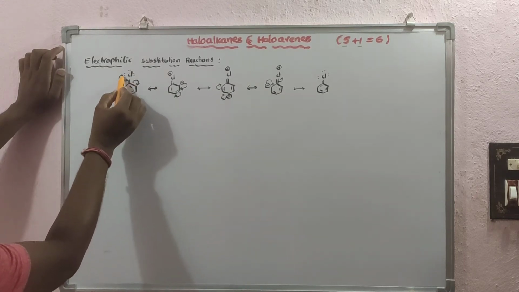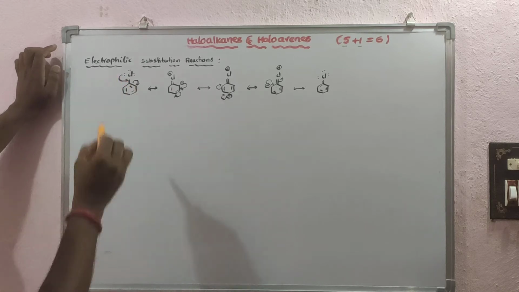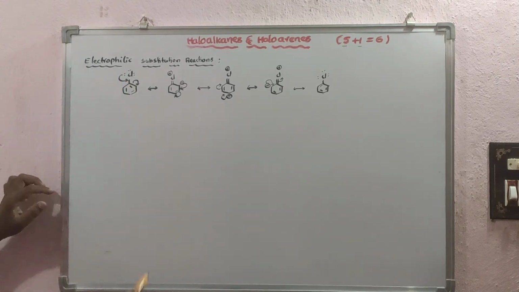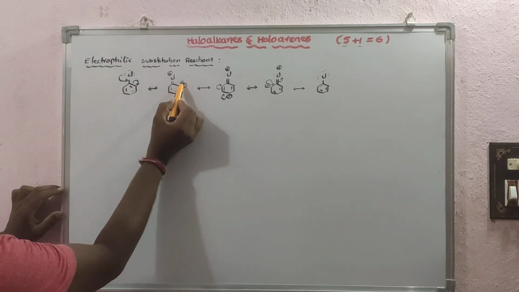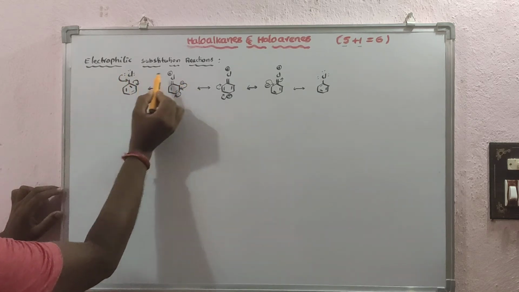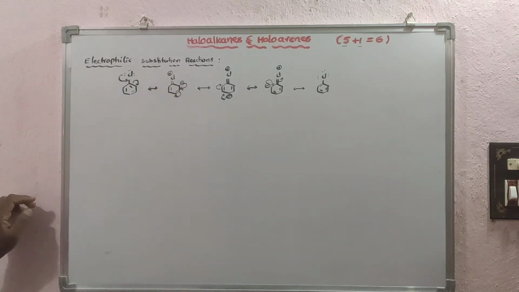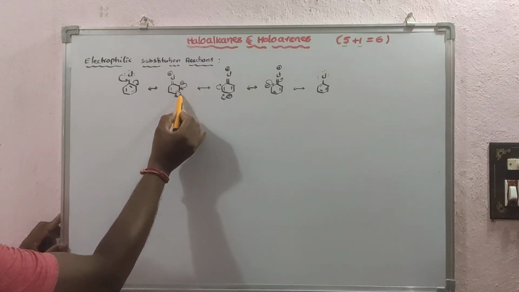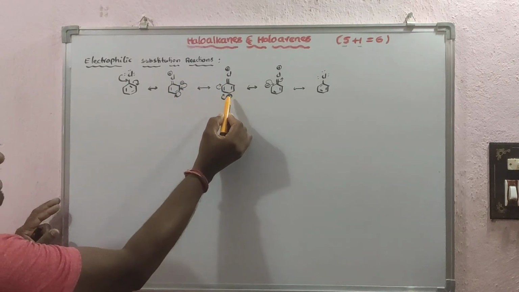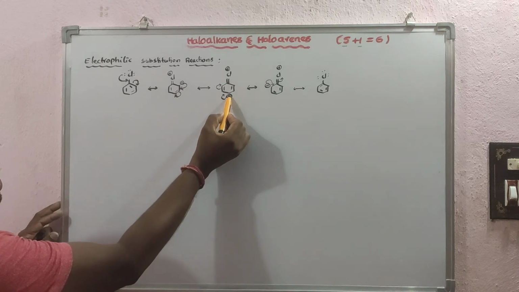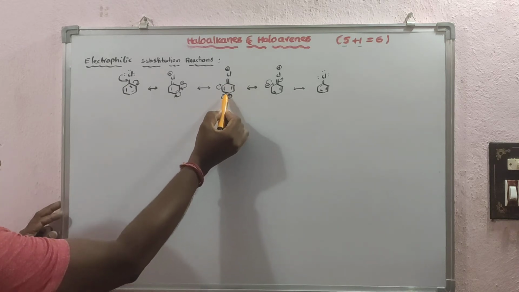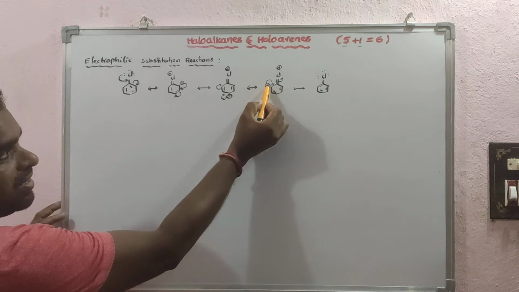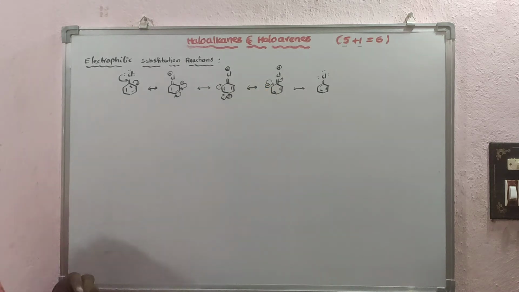Clear? See now, if you take haloarenes, I have taken chlorobenzene here. The lone pair and the double bond are in conjugation, so they are involved in resonance. In the resonance, a negative charge is generated at the ortho position, and chlorine loses electrons, so it acquires the positive charge. Again the negative charge and double bond are in conjugation, they are involved in resonance, and again you get the negative charge on which position? The para position. It is involved in resonance, and again you get the negative charge on the ortho position.